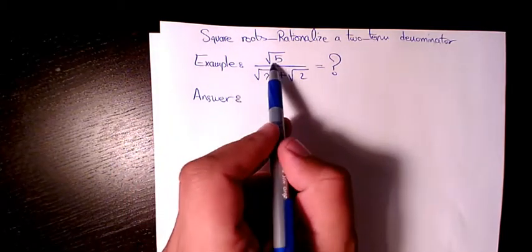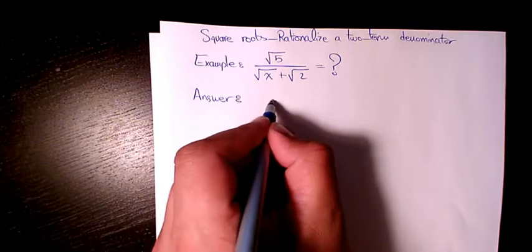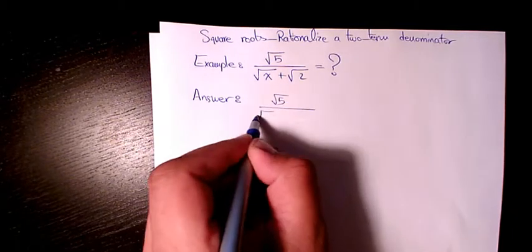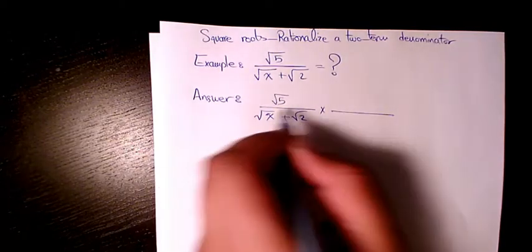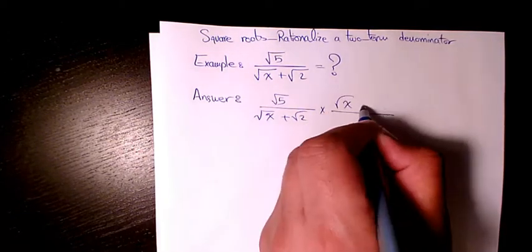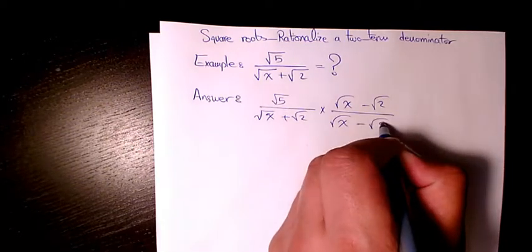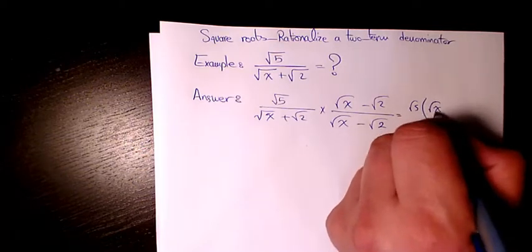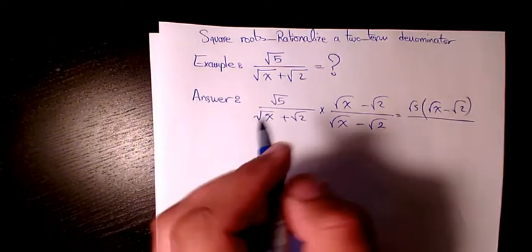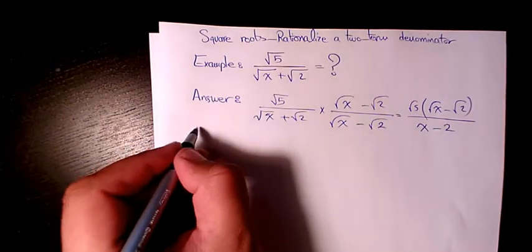First example is root 5 divided by root x plus root 2, and then we can multiply the numerator and denominator by the conjugate of the denominator, which is going to be root x minus root 2, divided by root x minus root 2. That will be root 5 times root x minus root 2 divided by x minus 2. Next example